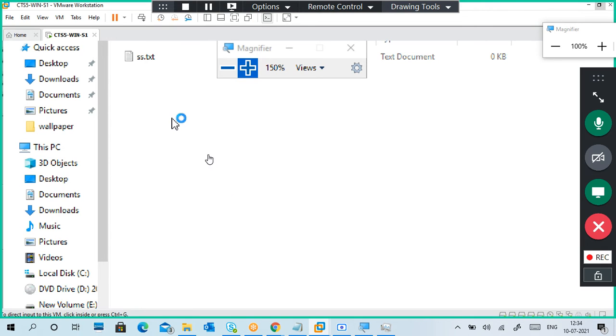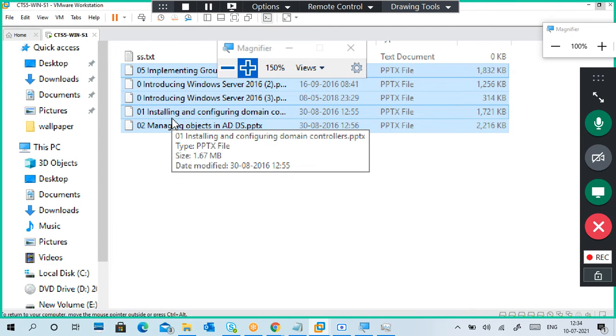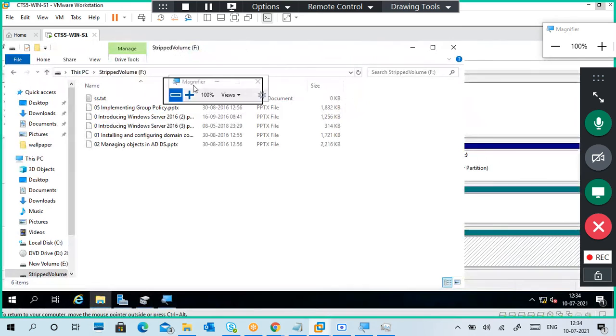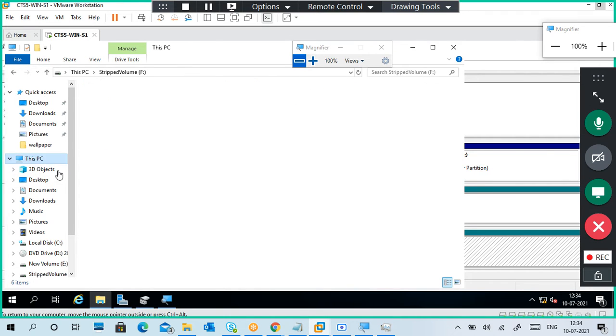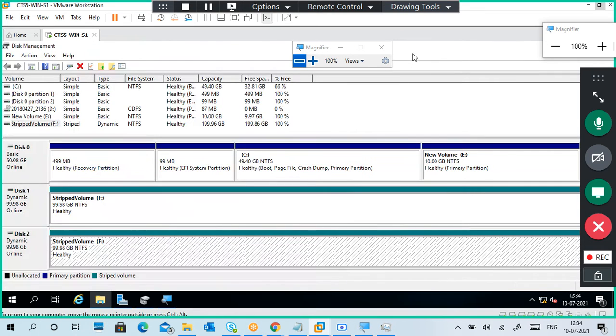So I'm copying some data from my physical disk. Copy very lightweight, very small data only. Don't copy very big data here. So I copied some data into my F drive. Now I go to This PC, and this is my F drive.